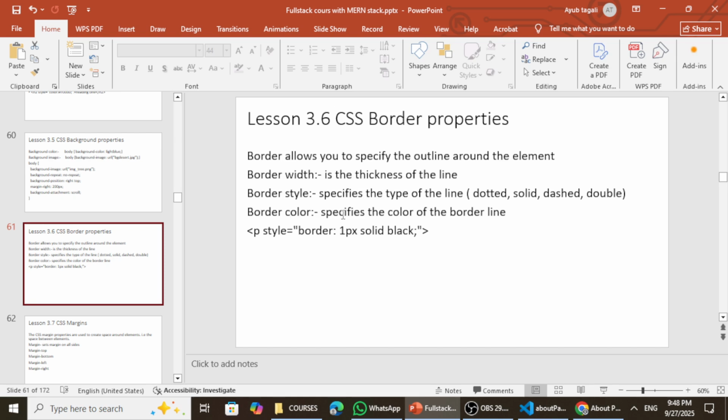The border color specifies the color of the border line, and the syntax for specifying the CSS border is using the border property, then specifying the width, followed by the style, and then followed by the color. So without further ado, let's get started and see how we can apply the CSS border property